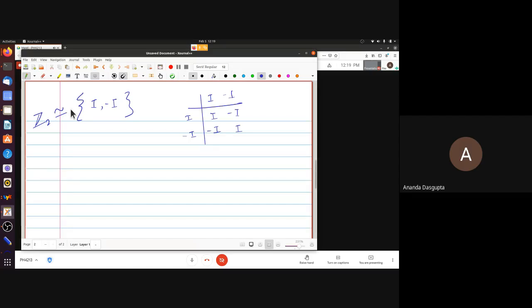Remember, when I say this is the same as the group Z2, I mean it's isomorphic to the group Z2. There's a one-to-one homomorphism. And here the one-to-one homomorphism is simple. You just Z2